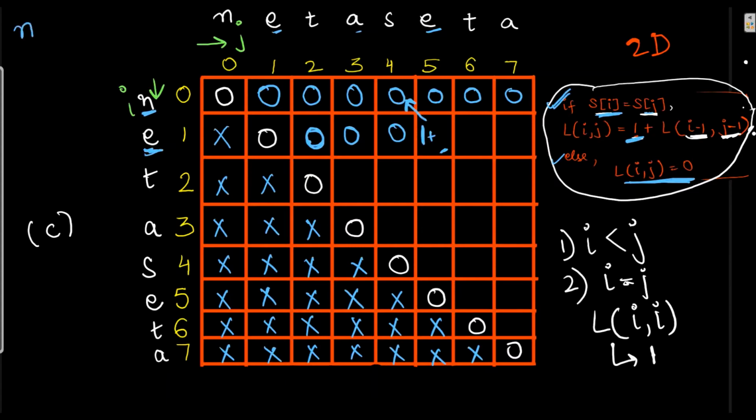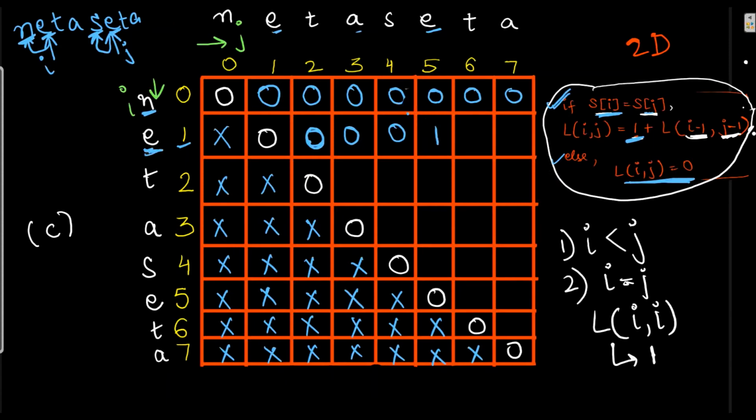As you can see, if I write here NETASETA, ith is 1 here and j is at 5th here. So here I and j, after matching this e, as I got this e over here, I'll put 1 plus and will start looking for its left character. So here I got this I minus 1 and j minus 1 at this. So I'll be looking for its diagonal. And here I have 0. So 1 plus 0 is 1.